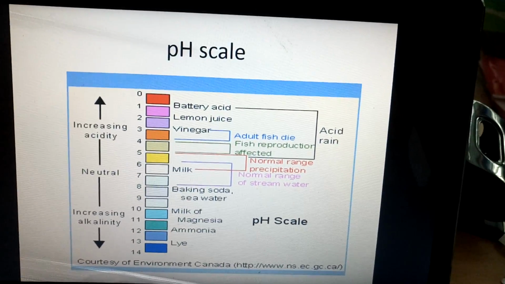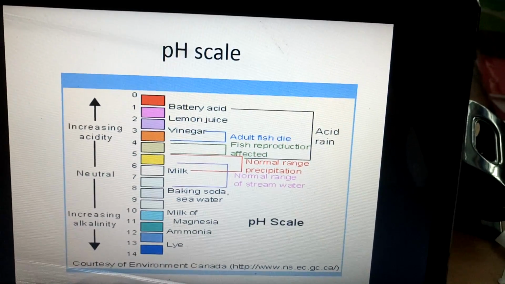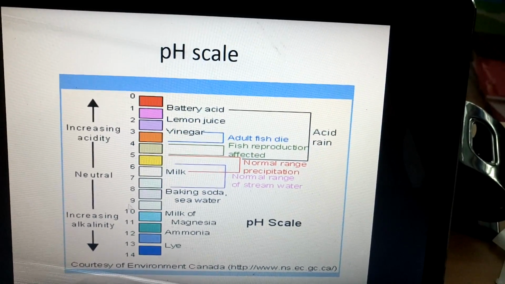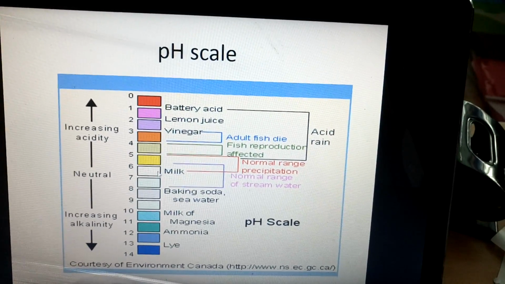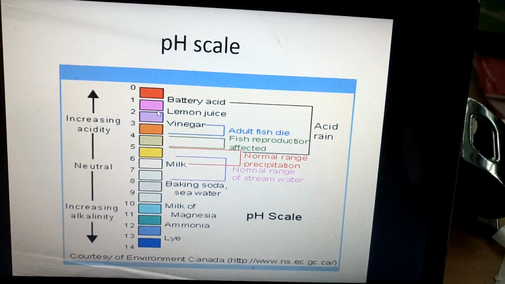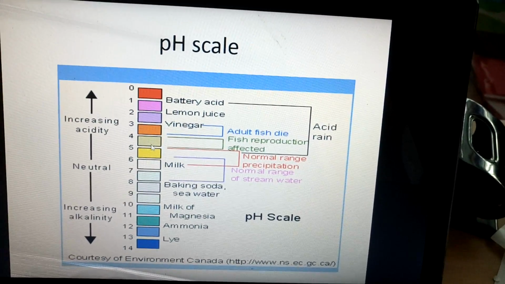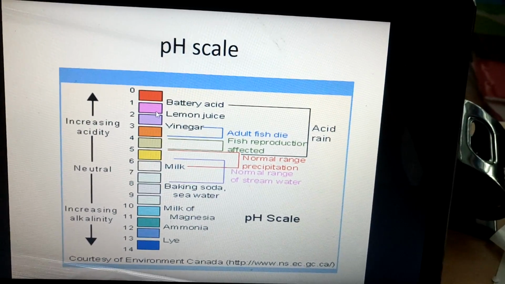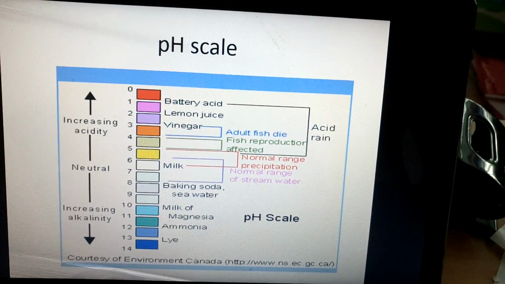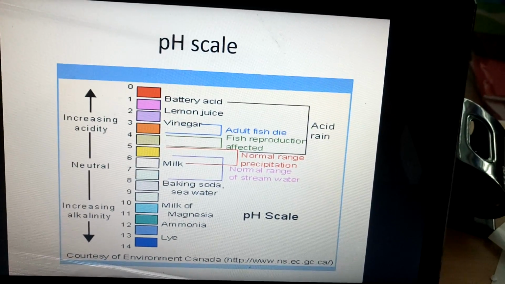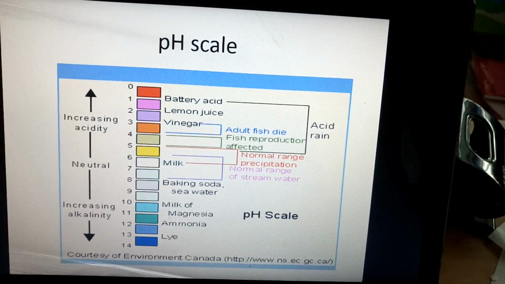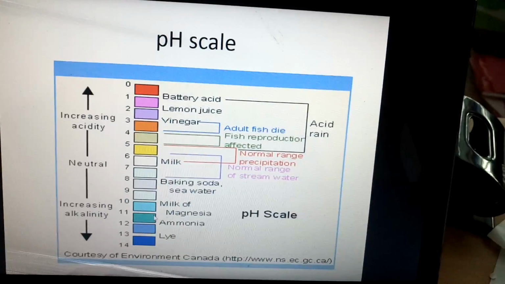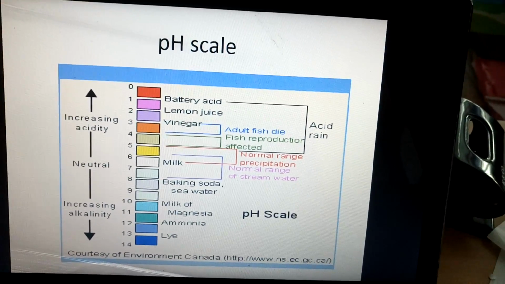From this we deduce the pH. The pH scale is a very useful scale that explains to us how acid or how basic a compound is. So here from 0 to 7 we will have acids. The smaller the number, the more acidic the compound is. And when the number increases, the compound tends to be basic. And we have different compounds